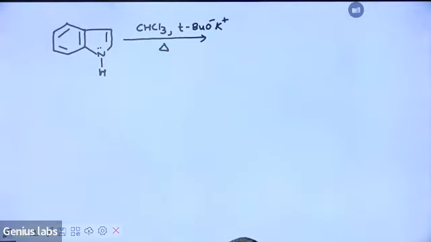So what do you see in CHCl3? It's a chloroform. What do you see in tertiary butoxide? It's called tertiary butoxide. Okay? It's a base and